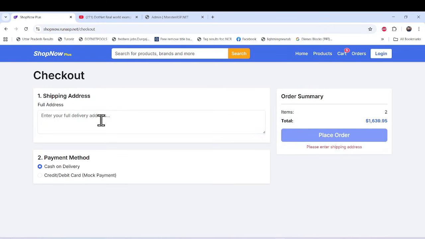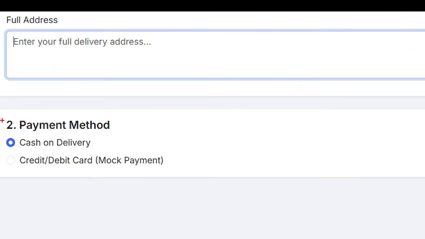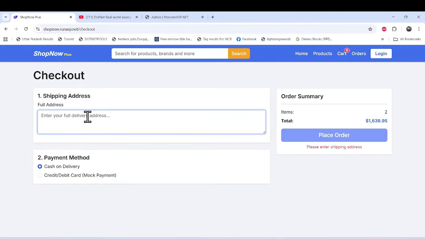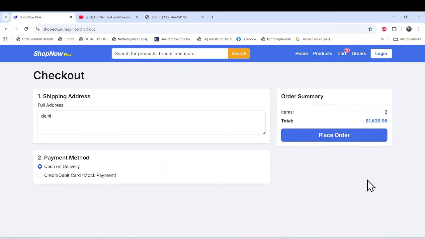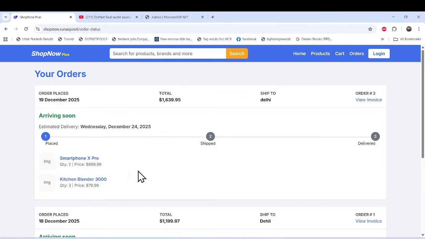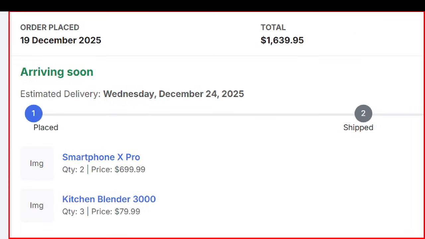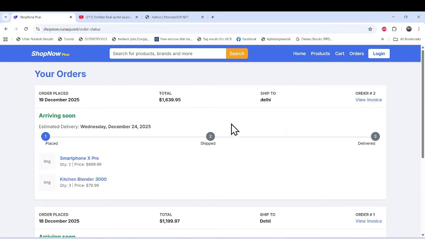Once you check out, it asks for the payment section, and here I can choose cash on delivery, put in an address, and simply place the order. Once you place the order, see, your order got placed, and this is a nice order tracking management system as well, showing where your order is now. So that complete application we just built and deployed along with the database in this free hosting,